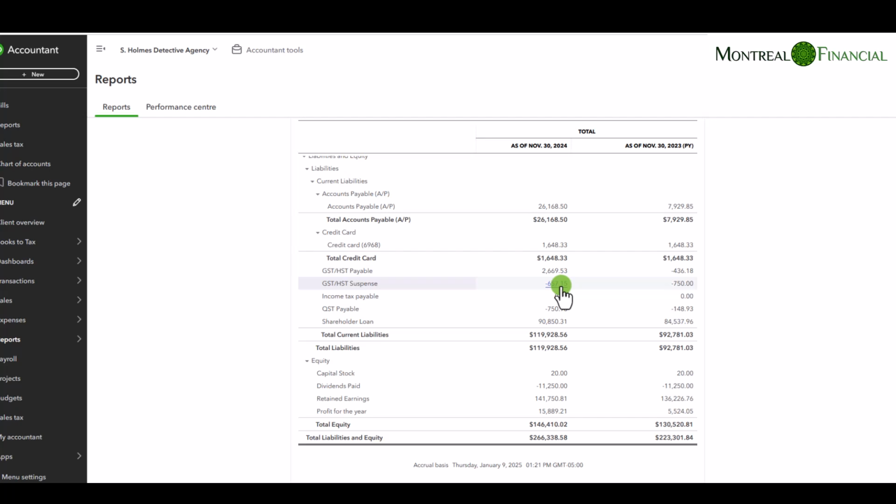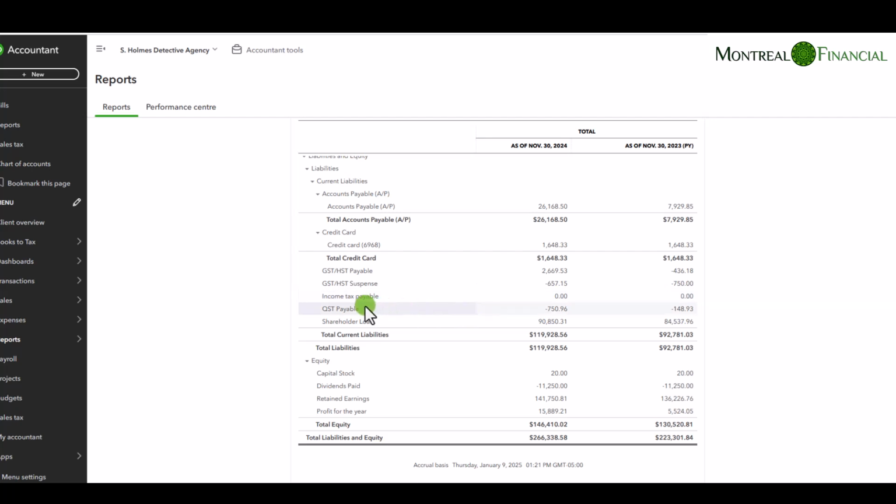And so either you received the refund and you incorrectly allocated it to a different account, or you haven't received the refund yet. So it's important at the end of the year, if this relates to prior periods, to make sure that this is either cleared out or is accurate, that the balance is still owing to you by Revenue